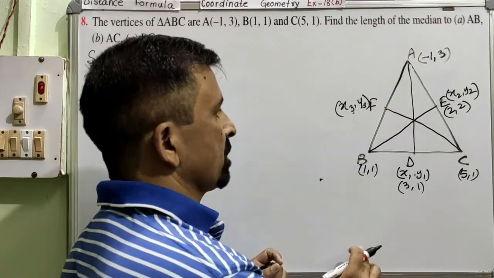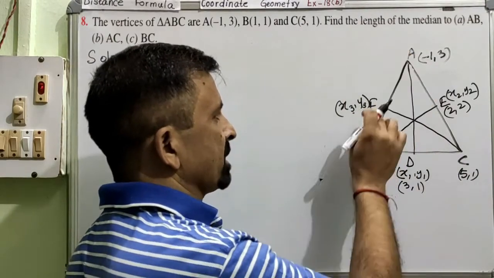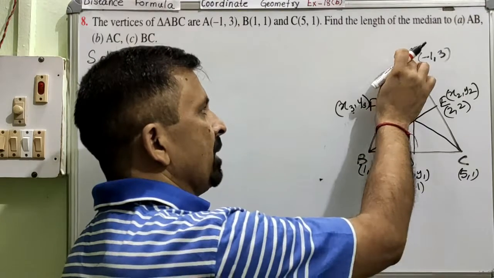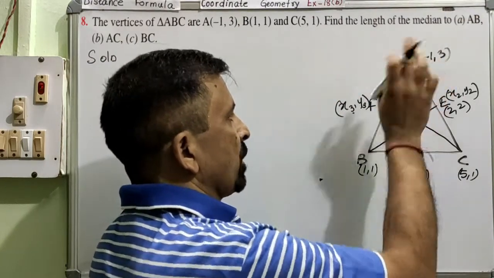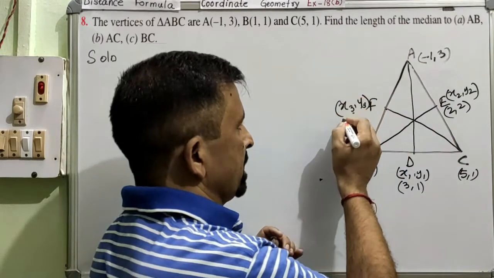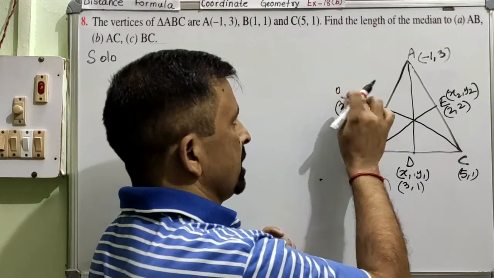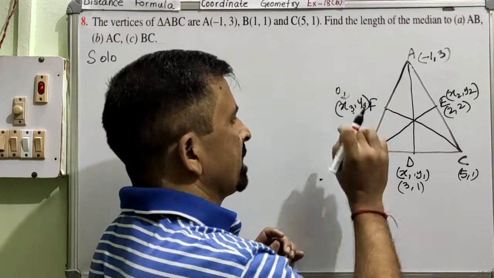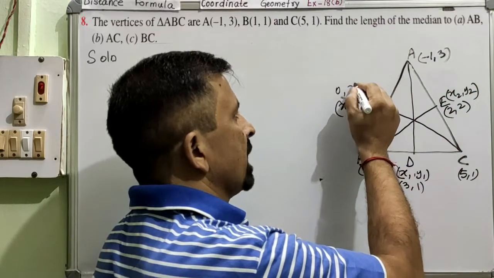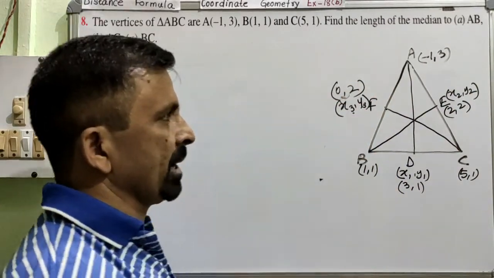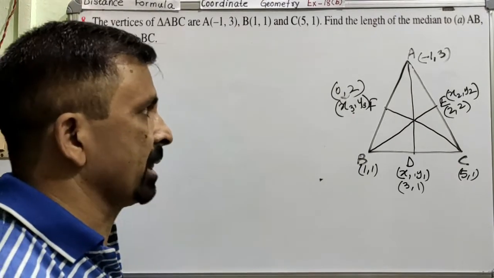Now come to this coordinate. For finding the value of x3, y3, we will use the coordinates of these two points, because this is the midpoint of this and this, A and B. Clear? So 1 minus 1, 0. Divided by 2 is 0 only. So x3 is 0. Now y3: 1 plus 3, 4. 4 divided by 2 is 2. So that's all. Verbally we have calculated the coordinates of all the midpoints, and now we are in a position to find the length of all the medians.